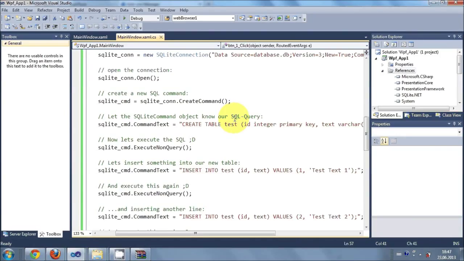next video we will start coding for the login page and